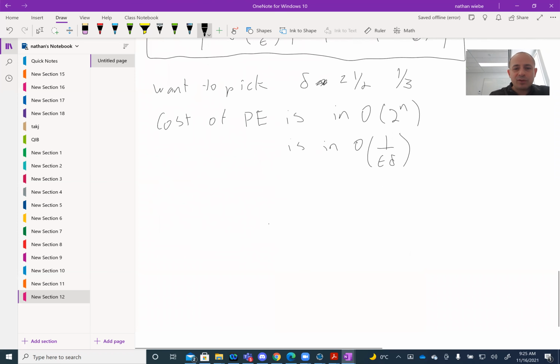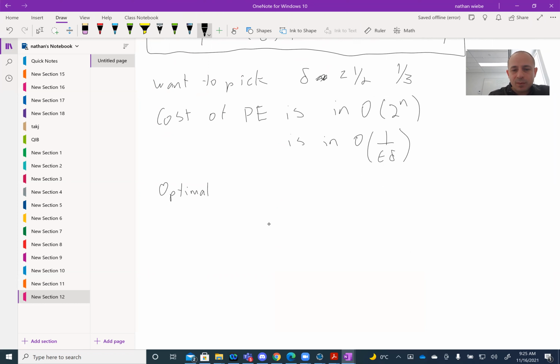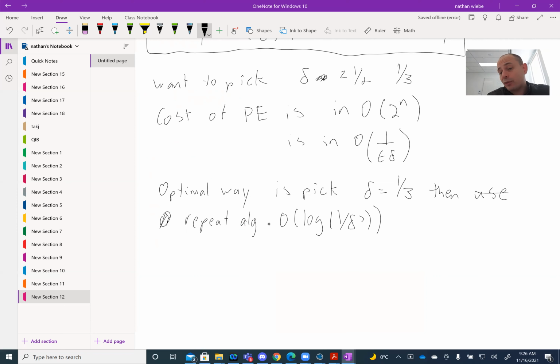So the right way to deal with this, the optimal way, is we pick delta equals 1/3, then repeat the algorithm order log 1 over delta prime times, where delta prime is the final error tolerance that we want to hit, or the final probability of failure that we want to hit, and take 1, 2, 3, that we compute the median of the